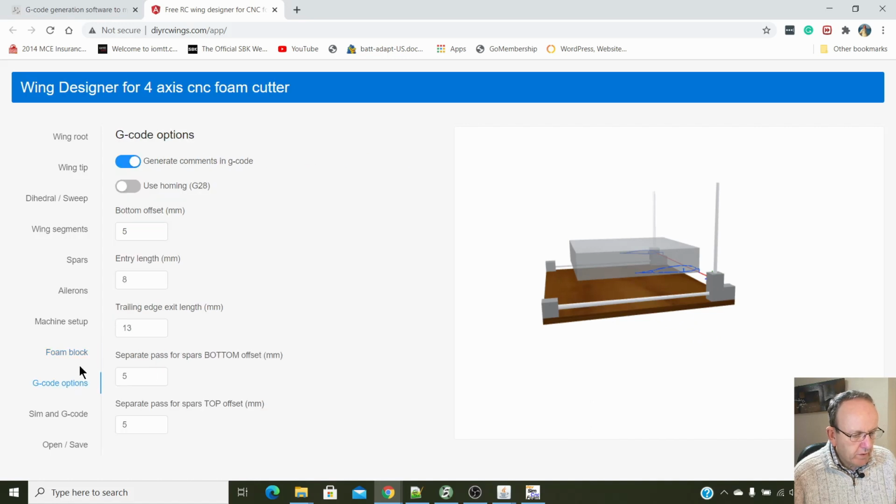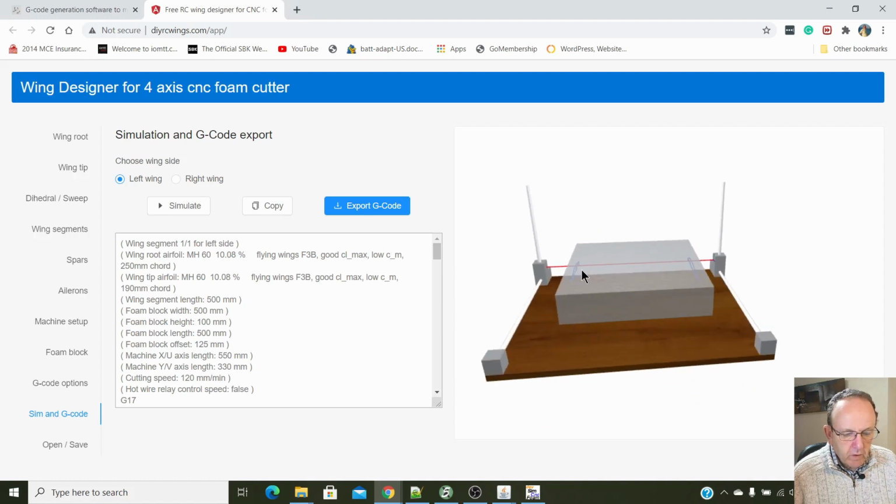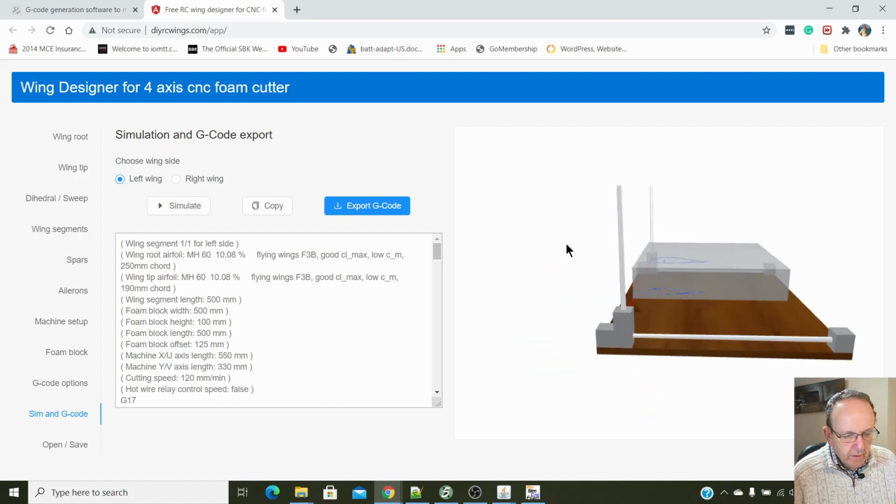And then we've got Gcode options. So we can generate the comments. We can use home if we want to, but I don't tend to do that anyway. And then it's actually got its own simulation in as well. So we go to Sim and Gcode. Now, if there's a problem with anything, you'll get an error come up here, if for any reason some of the settings are not right. If you've not got enough travel, or your foam block's not wide enough or tall enough, you'll get a message come up here. So if we do a simulate,